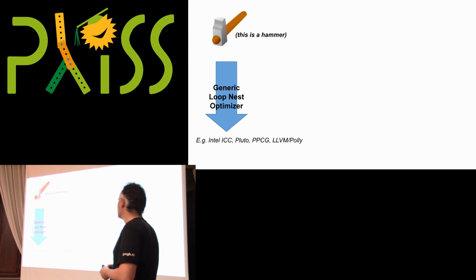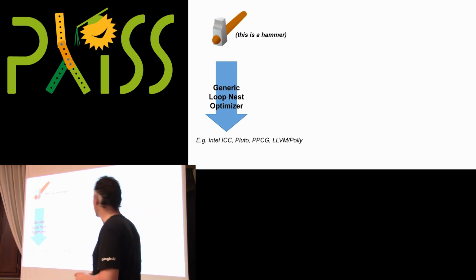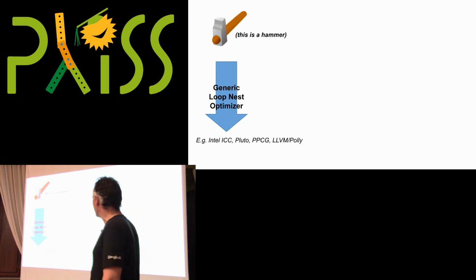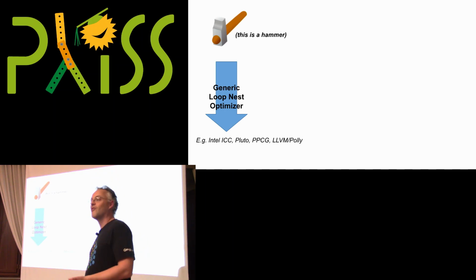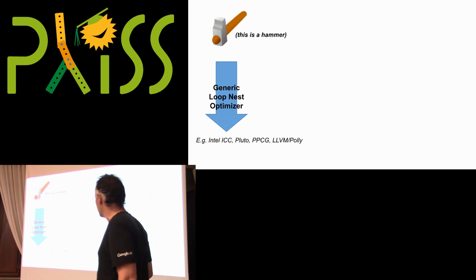So you have limited amounts of resources in terms of engineering skills, understanding of the code base, whatever. So that's what people do. And ICC has been evolving since the 70s, and GCC since the 80s, and LLVM more recently. But essentially, all these frameworks are general-purpose compilers trying to do the best of their existing infrastructure. Then there are some more domain-specific compilers,